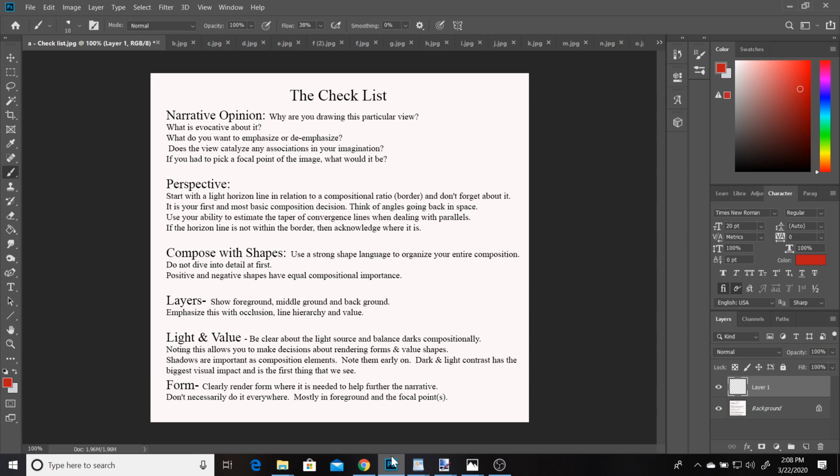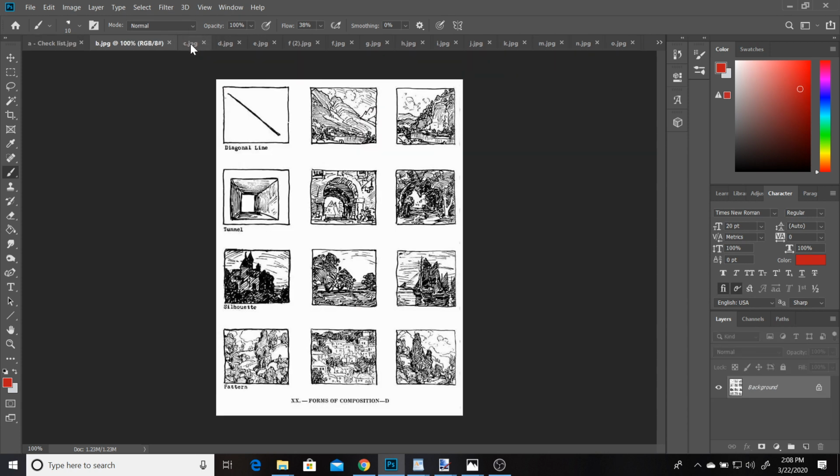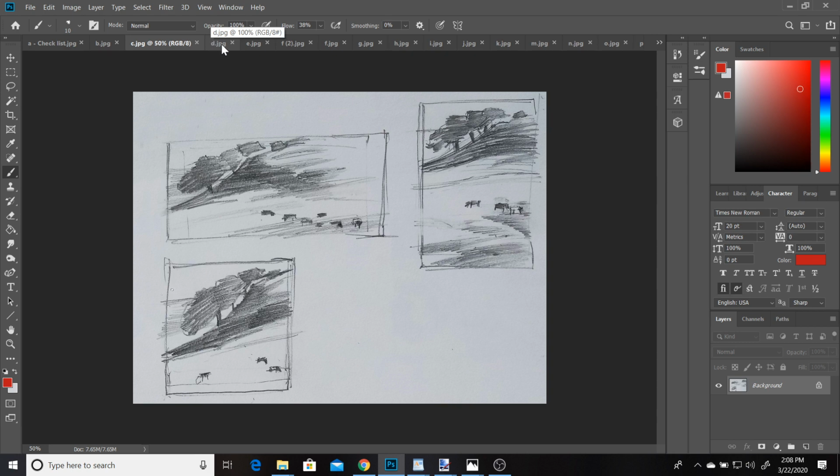Hello, welcome to an environment composition tutorial for Art 120. We're going to be going through what I'm calling the checklist and looking at some simple composition strategies, examples